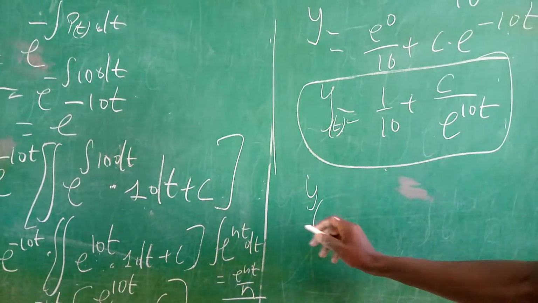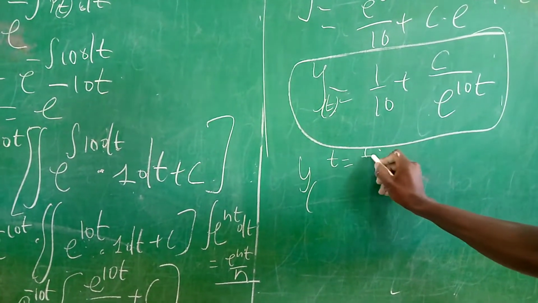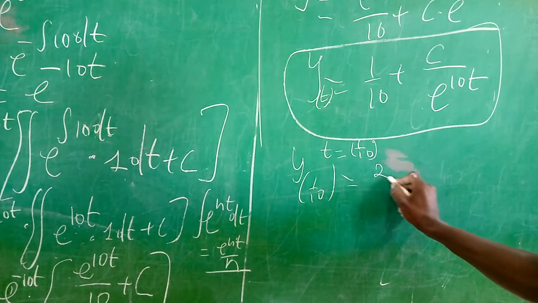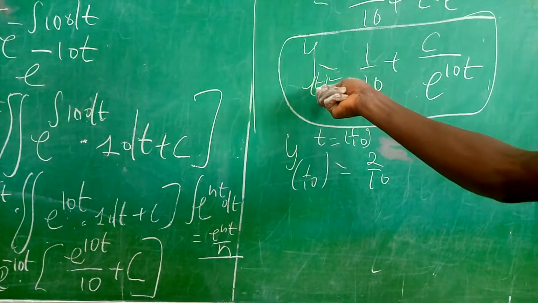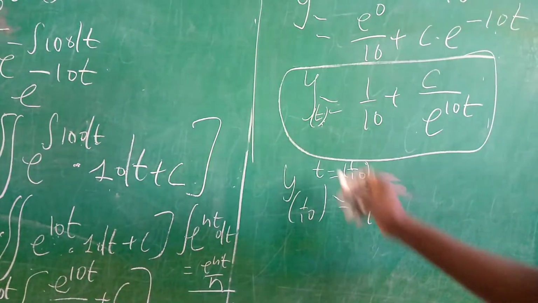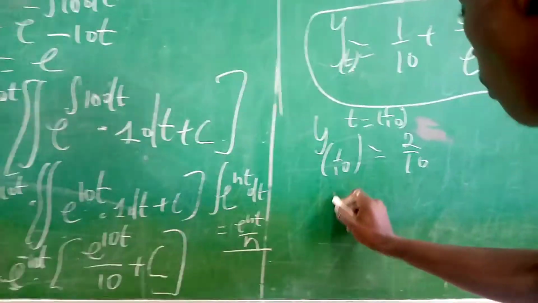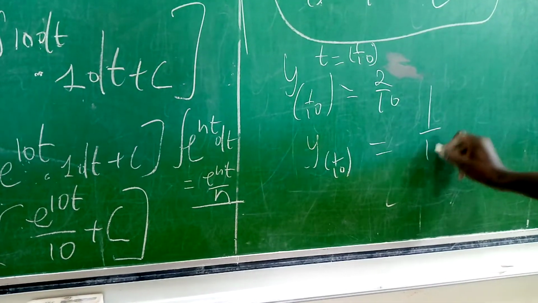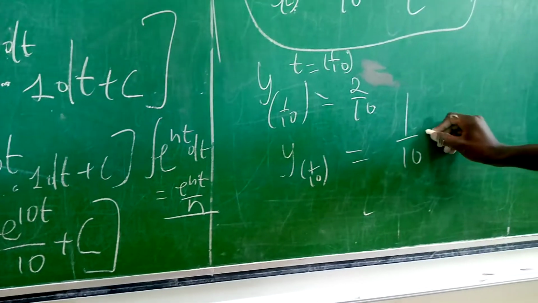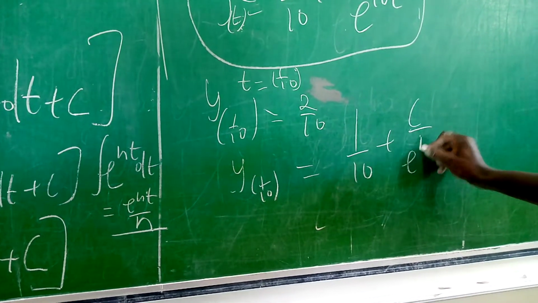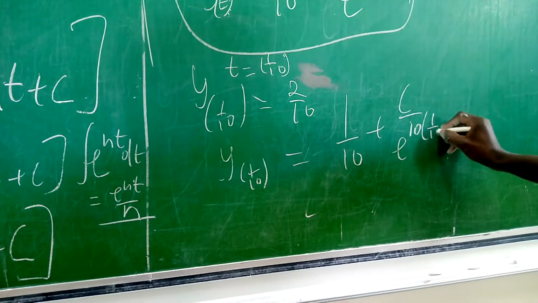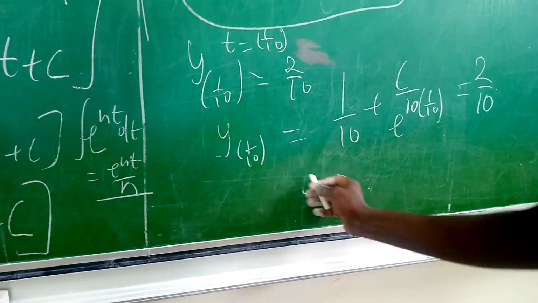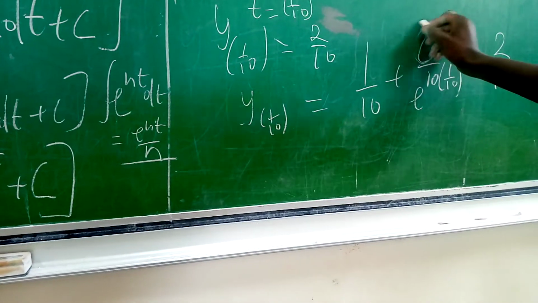And then y, when the time is equal to 1 over 10, is equal to 2 over 10. Now we use this equation: y when t is equal to 1 over 10, we can just replace the value, and then we get 1 over 10 plus c e power 10 into bracket 1 over 10, and then this will be equal to 2 over 10. What will be the answer? We will find this c